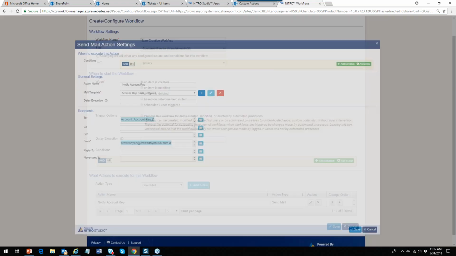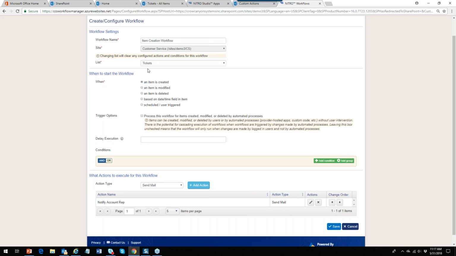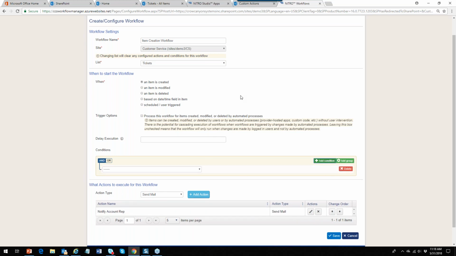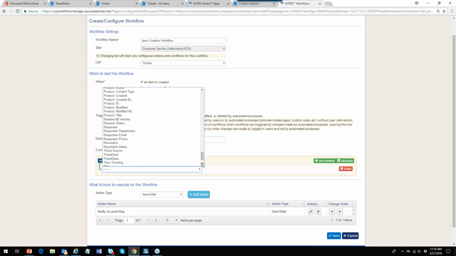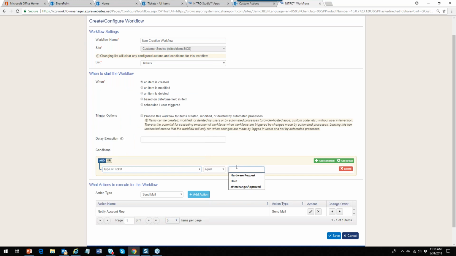So we save that. We now have an action that's going to happen when the item is created. Notify account reps and send him or her email. But also here's another condition. Let's add a condition because we have two types of tickets in our ticketing system. One is from consumers and one is from account. So when we say the type of the ticket is account, then we're going to send this. Otherwise, it's a consumer ticket, and we don't need to send to the account rep because there is none. So if we save that,